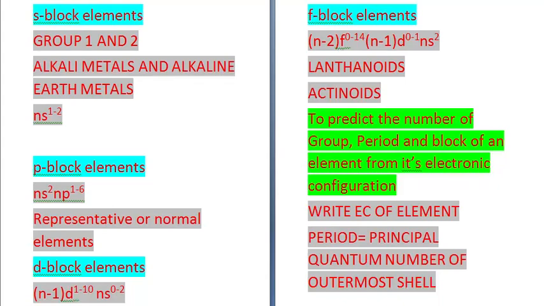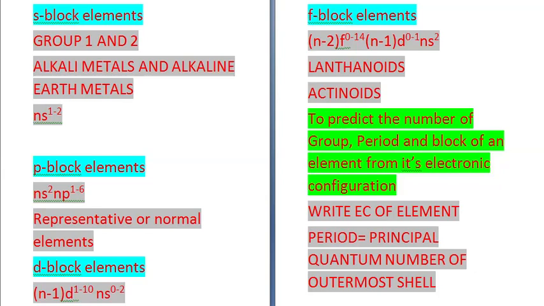Now in this, the last electron comes in the s orbital. Now the s orbital can have a maximum of 2 electrons. Therefore s block elements have only two groups, 1 and 2. Group 1 are called alkali metals, group 2 are called alkaline earth metals. Helium belongs to s block, but it has been placed in p block along with noble gases. And one more exception is hydrogen, which has electronic configuration 1s1, but it has been placed in group 1 as well as in group 17 because it has a lot of similarities with halogens.